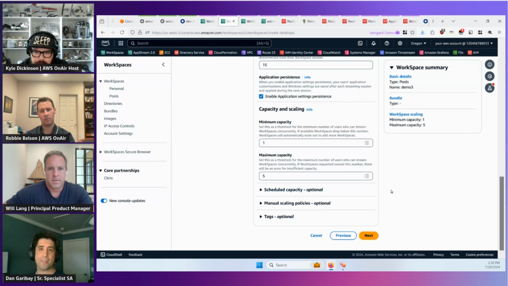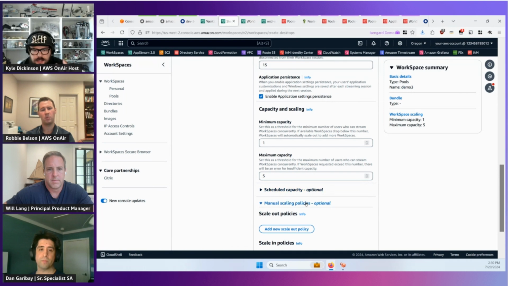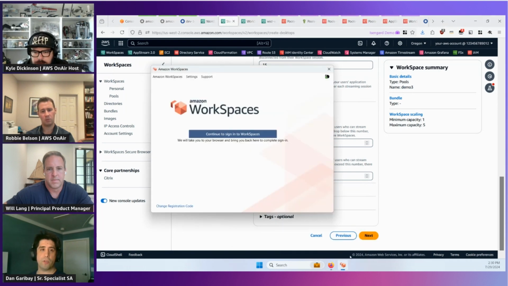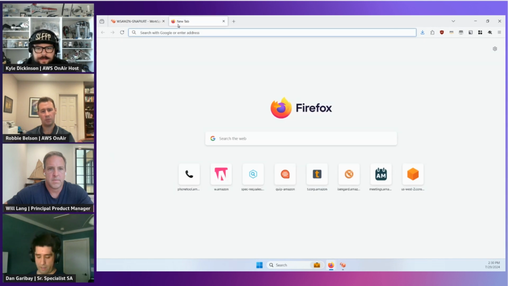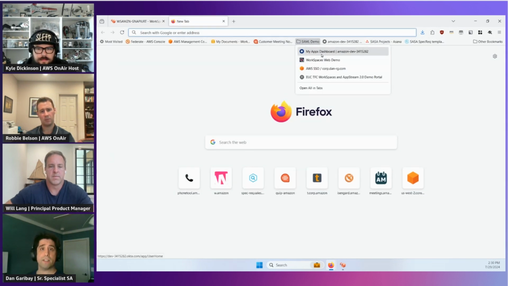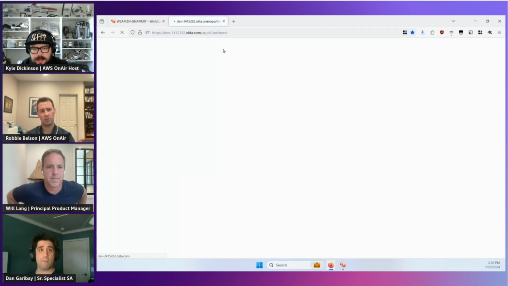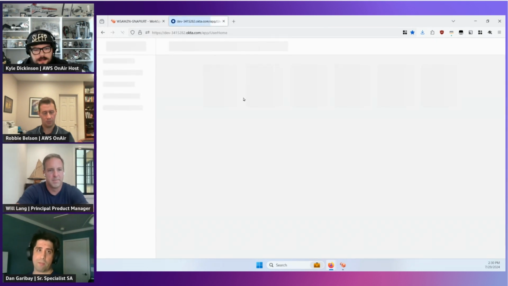It's pretty self-explanatory. Now, when this is all configured, it looks like there are a lot of options to customize the experience you want your end users to have. Exactly. What does it look like when you log in? So this will be the WorkSpaces client. There's a couple of ways you could do it. I'm going to show the WorkSpaces client, and I've also got one that's been pre-logged into with the web client. The web client is pretty straightforward, just browser-based access.